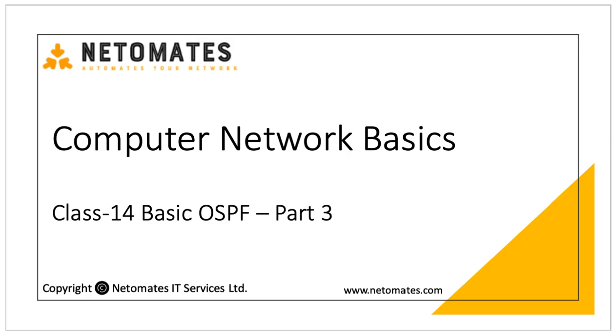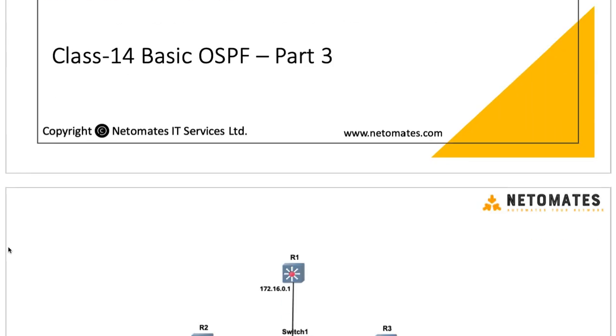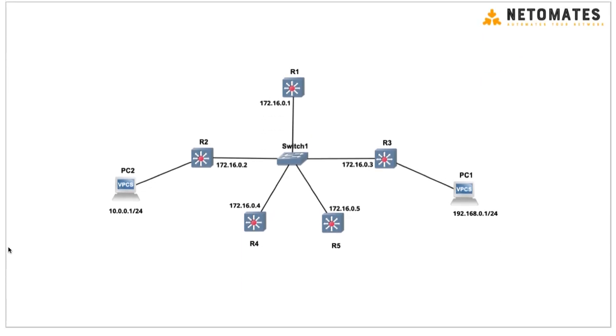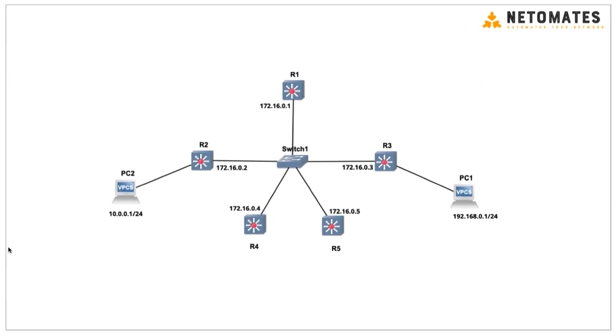Class number 14. In this class we will discuss two main types of basic OSPF adjacencies. So let's look into this topology. We have 5 routers R1, R2, R3, R4, R5, and all of them are connected using a switch, and the interfaces facing toward the switch are all in the same network, let's say /24,